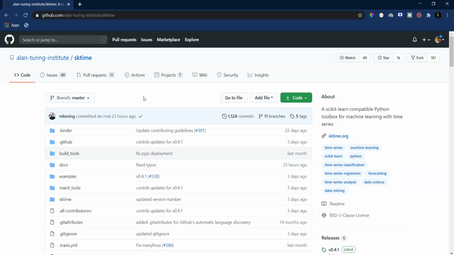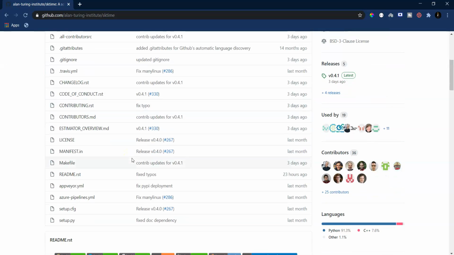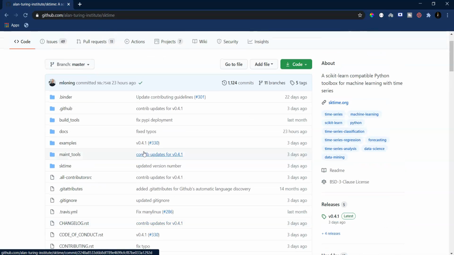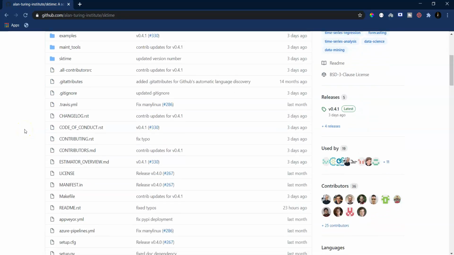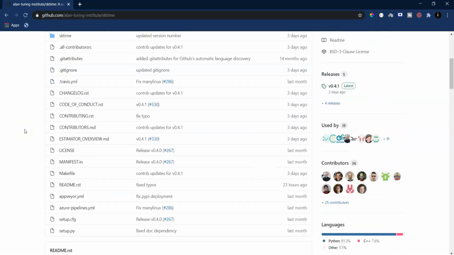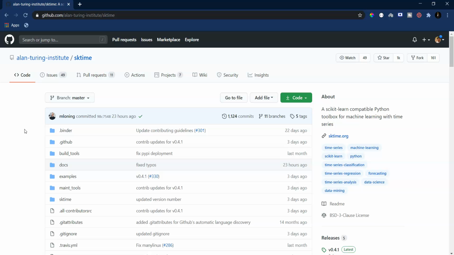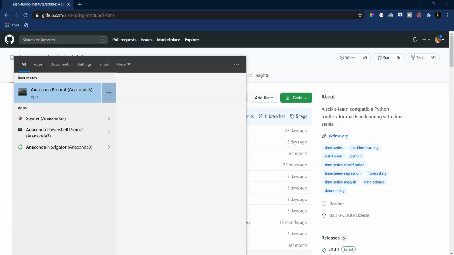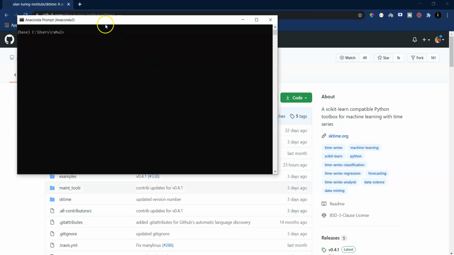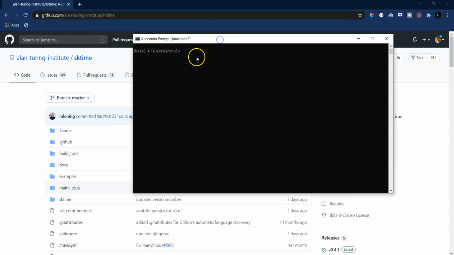Okay, so before I do anything, I would like to first go over the installation, and show a few things that you can do with the skTime library. For that we would first go to the search bar and open Anaconda prompt or whatever command prompt you have. If you don't have Anaconda installed, you can simply open your command prompt, and from that command prompt you need to enter this command: pip install skTime.